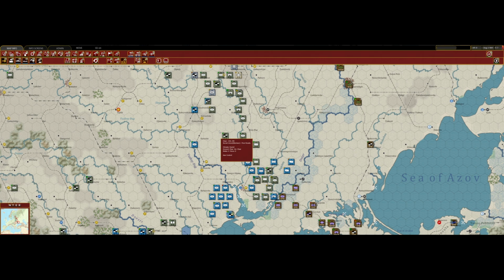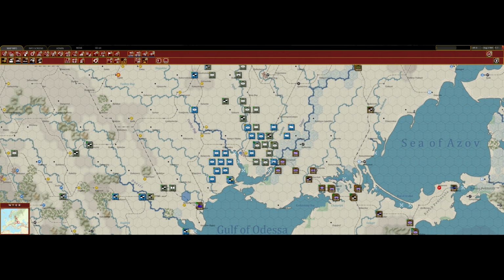The supply system is very complicated. You really don't have to care about it unless you are out of supply, and then you would probably have to maybe move your units, construct a new depot, check where your rail lines are. But in general, it works. It's automated. But it just feels like the AI is kind of messing up the supply situation in the south